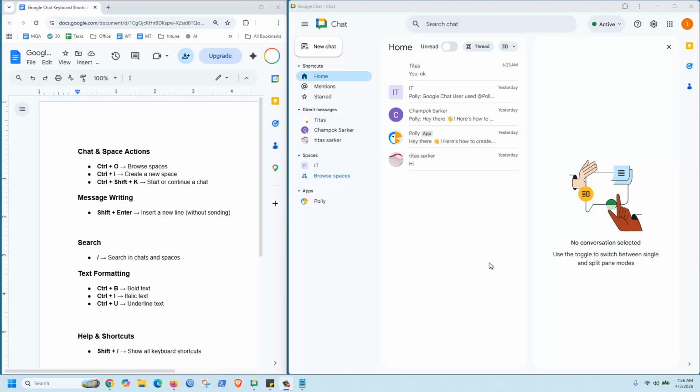Google Chat most uses some keyboard shortcuts. I usually use those shortcuts. For chat and space action, if I press Ctrl plus O, then it will check all of the spaces,